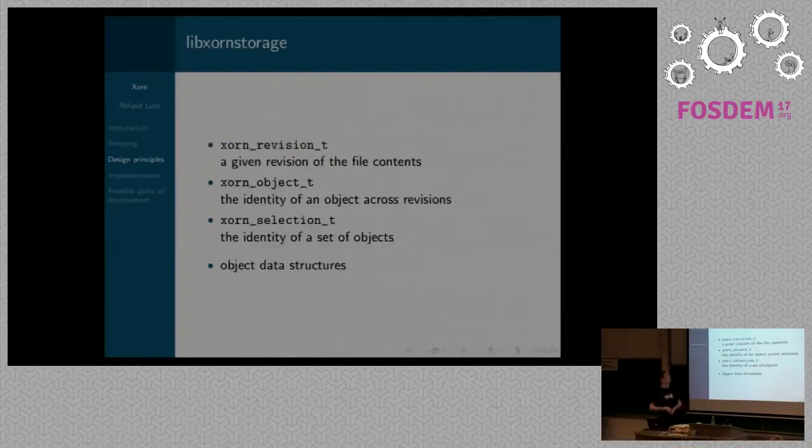So this is what I did. There is a slips on storage, which is this shared storage part of the application. It defines the revision type, which represents one version of the file. It implements an object type, which represents the identity of an object, which is basically what you would have left if you